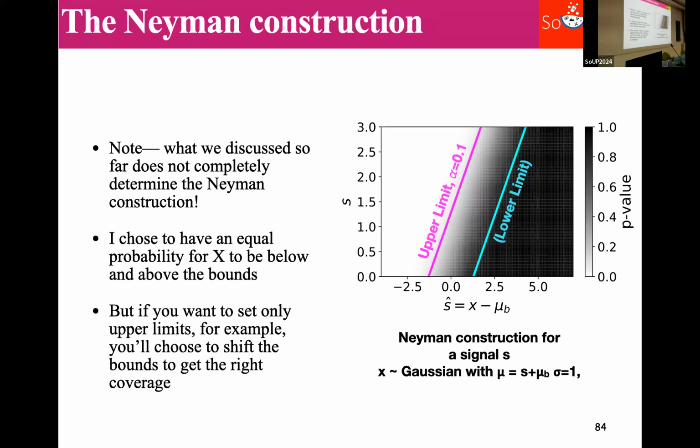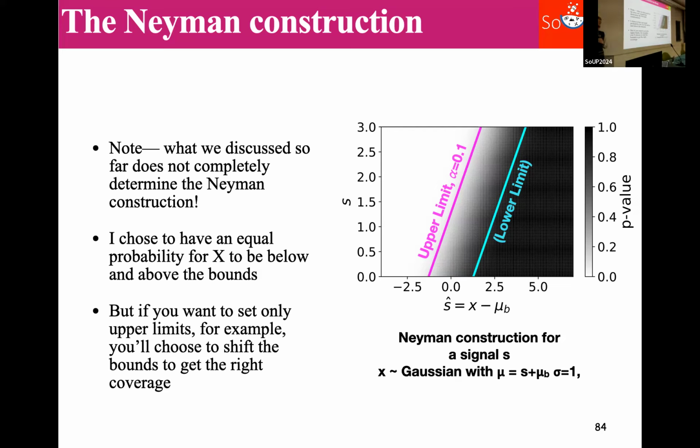Also, a note is, so far, I have not completely determined the Neyman construction for you. Now, you could move these guys to say, okay, perhaps I want all of that 90% integral over to the left side, or I want all of that probability all the way up to the right side, or I have some other special rule of preference that means I want to have all of them at some point or the other. And all of those would have coverage, right? You could even do some crazy thing where you say, I want to include all of my probability except where I have the most probability.